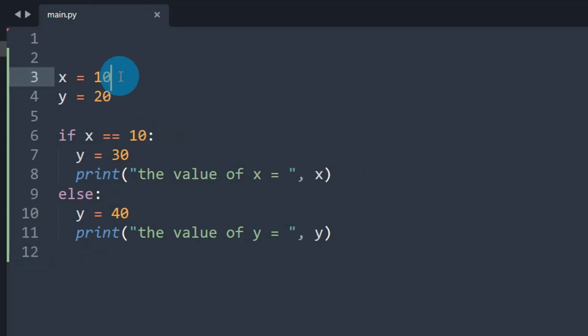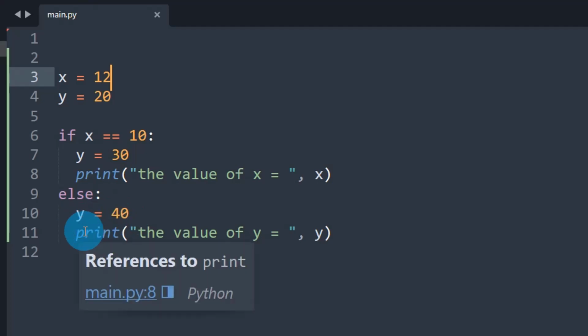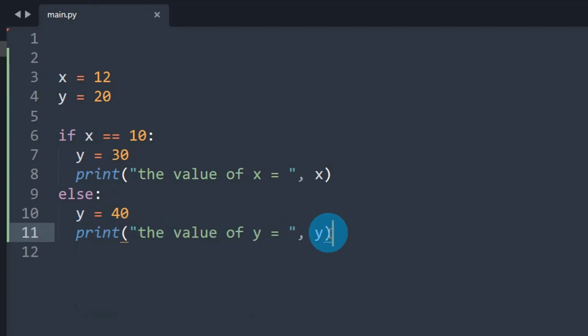Suppose I am changing the value of x to 12 here. What will happen? When this line is going to be executed, is x equal 10? No, right? Because it's 12. So at this point of time, it will go into the else condition of this if. That means we are going to assign the value 40 to the y variable, and we are printing this statement.